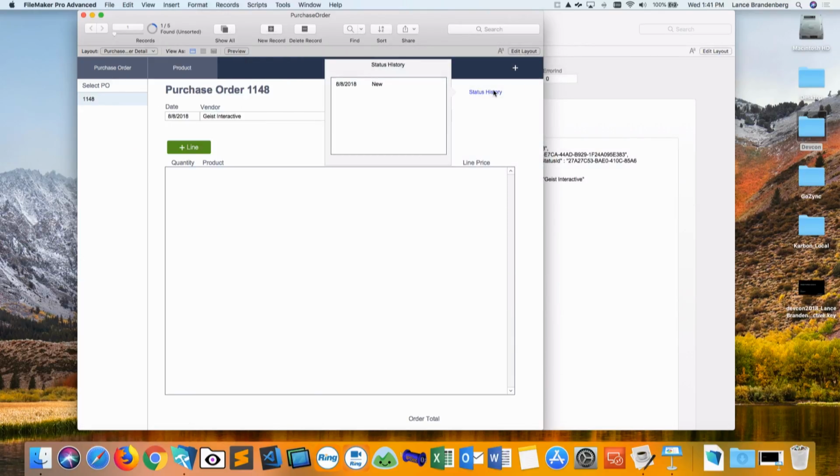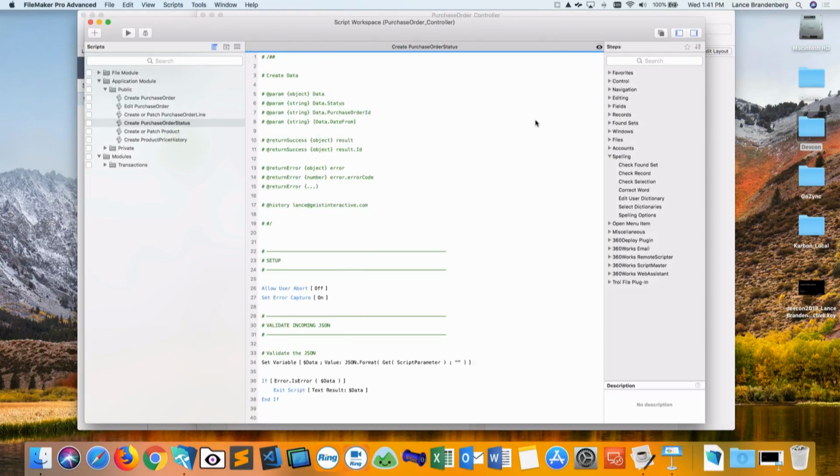Now you can see here in the status history that these are the related status records. So if you ever have a client that here's POs, but we kind of have this complex workflow around statuses, right? That it goes from new to submitted to approved, canceled, denied, things like that. That we actually get a history in here of here's the related records. Now all of that was created on the fly, and you can kind of come in here and see the